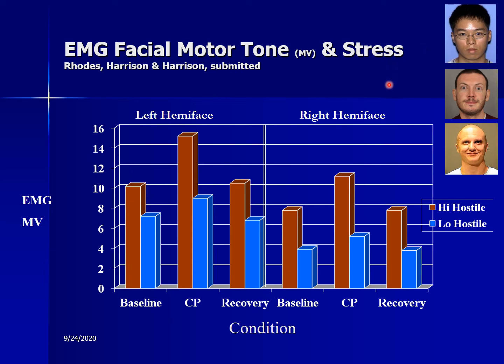They are not insensitive. Our theory and our findings suggest they are significantly more sensitive. But now, here we're predicting that with the angry, violent, prone behavior, there will be upper motor neuron problems, especially in the right frontal lobe. And we're looking at electrical activity in facial muscles. And what do we find?